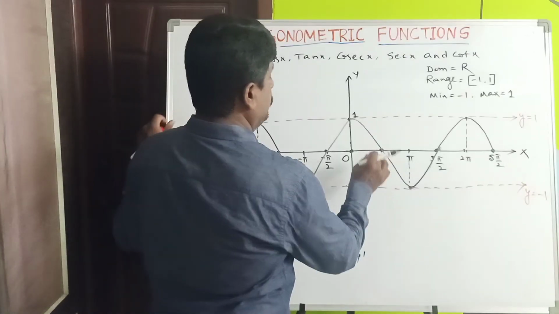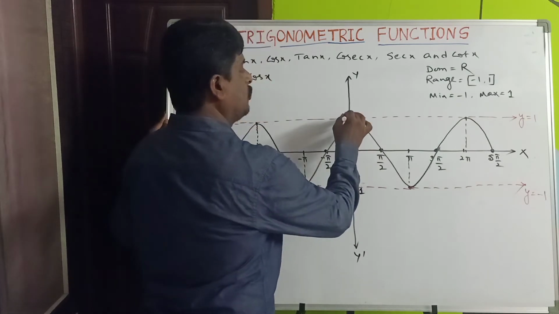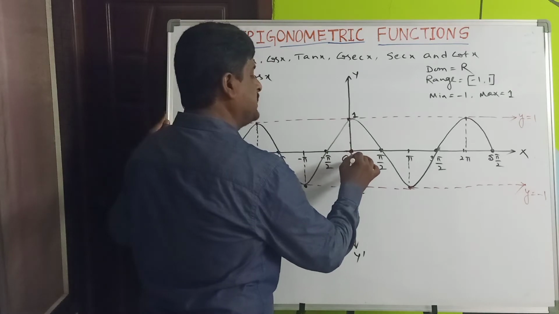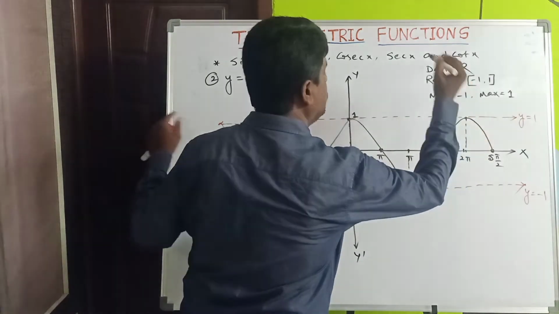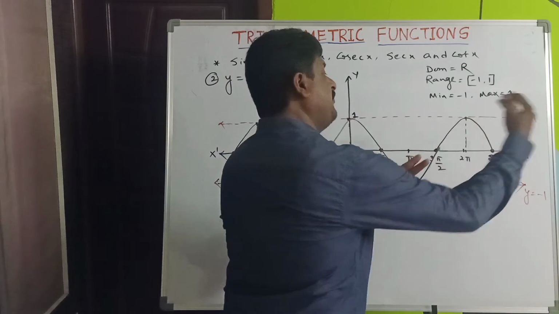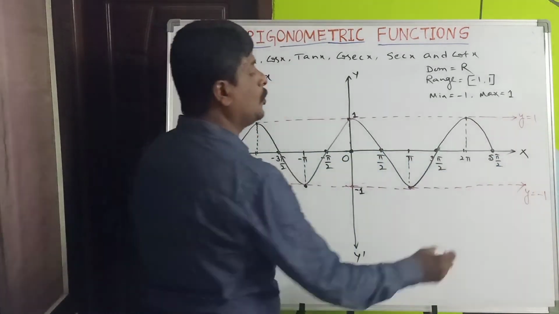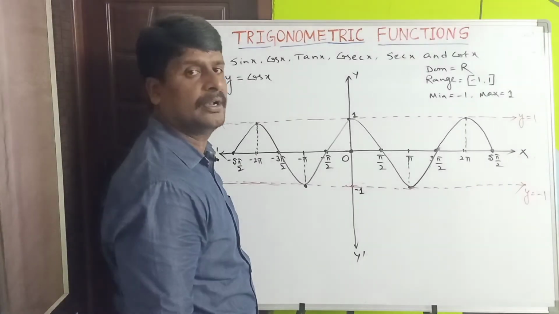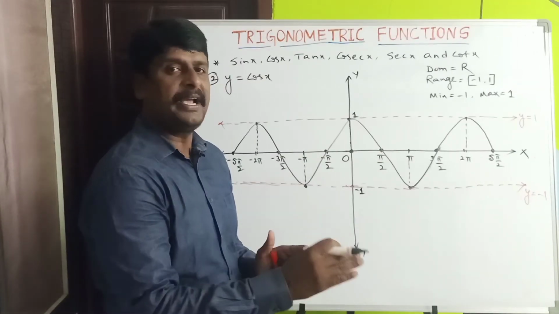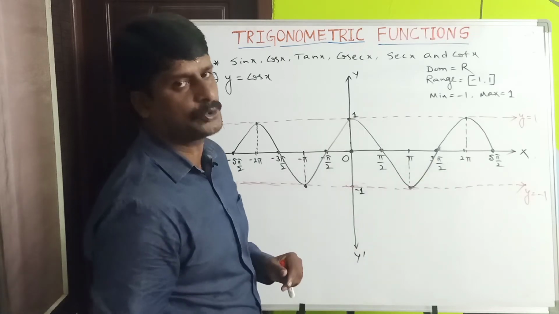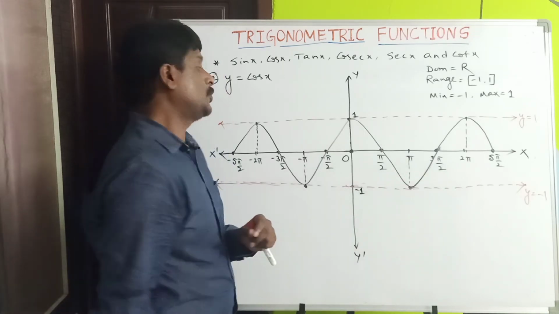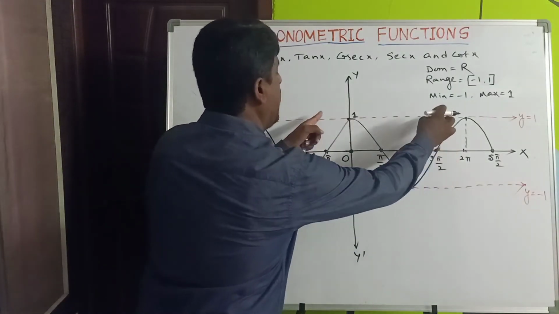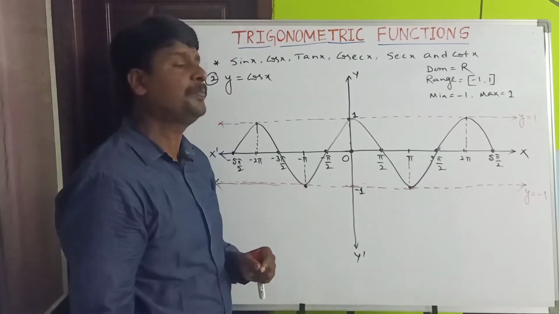See, once it is equal to 1 at 0, again 2 pi is added to it, it reaches 1. Again 2 pi is added to this 2 pi, meaning at 4 pi also it is +1. Again after that 2 pi is added to 4 pi, at 6 pi also it is +1. So the graph of this function is also repeating for every interval of length 2 pi.